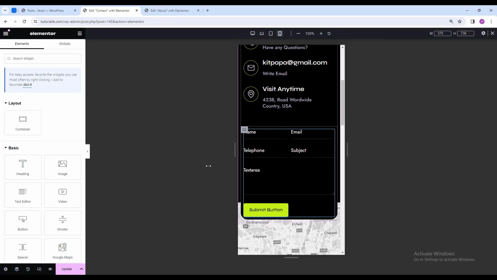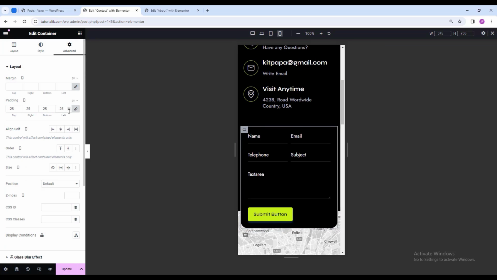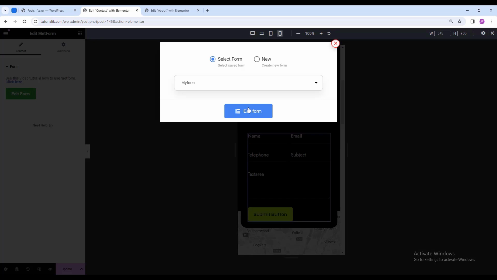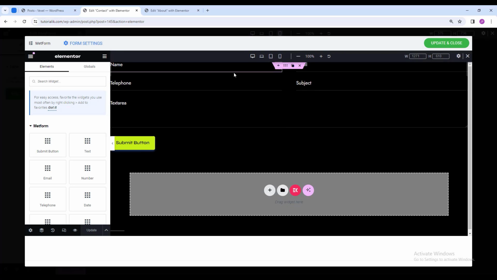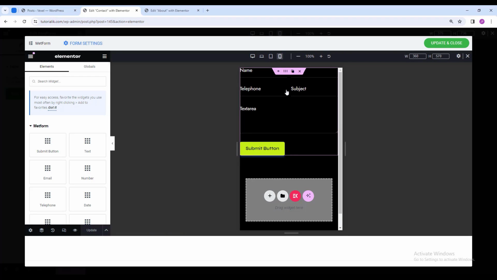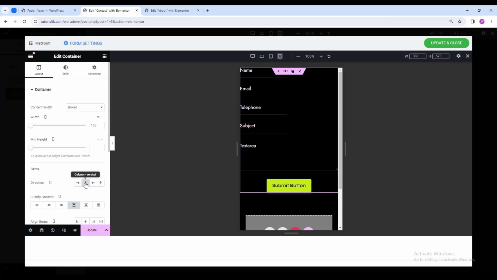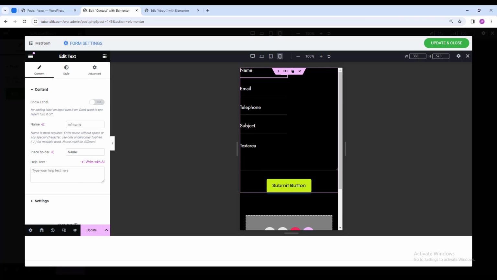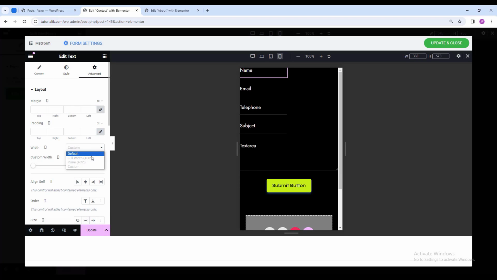and finally inside the main form, first select this one, and let's add some padding of 25 pixel, and then let's select the main form and edit my form. In here let's make it responsive mode, and in the mobile mode let's select this whole container and make it column vertical, and let's select the first one, and in the style tab, in the advanced tab, let's make it